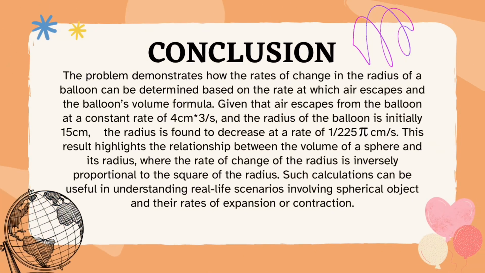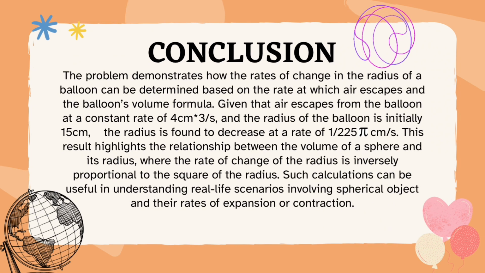Finally, the conclusion. The problem demonstrates how the rate of change in the radius of a balloon can be determined based on the rate at which air escapes and the balloon's volume formula. Given that air escapes from the balloon at a constant rate of 4 cm³ per second and the radius of the balloon is initially 15 cm, the radius is found to decrease at a rate of 1 over 225 pi